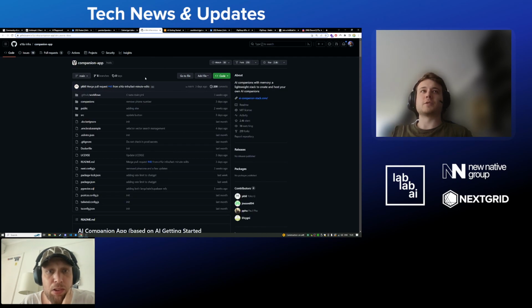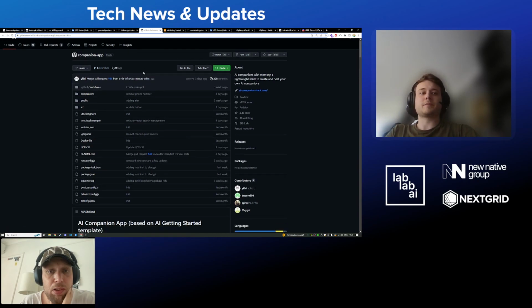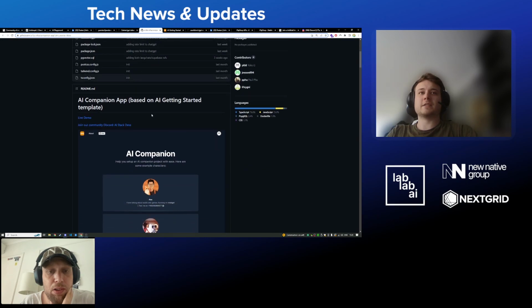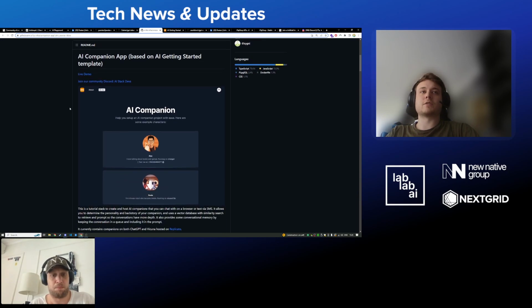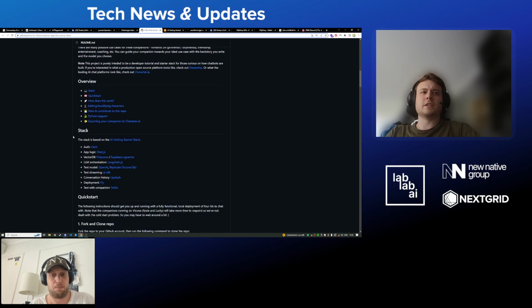Okay, then let's go to the next one. It's called Compagnon app. And this is basically also if you're building in the AI space, this is a great starter kit to get started. Because right here, you can see the stack of this. They have authentication, they use Next.js, they use a vector database, they use LangChain, they use openai models, and on Replicate, the Vicuna model.